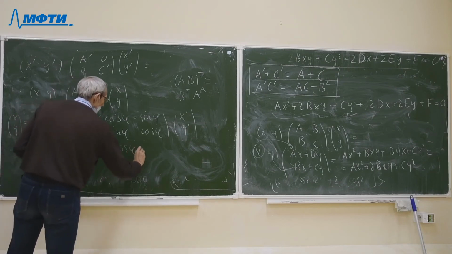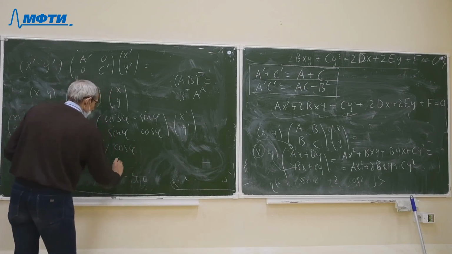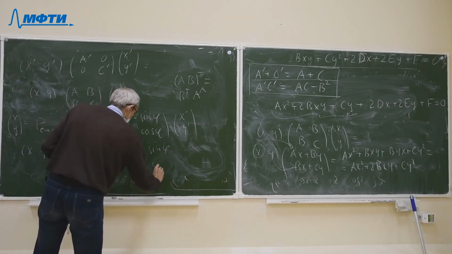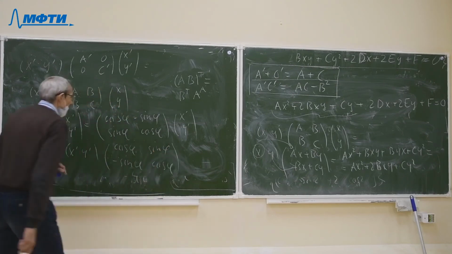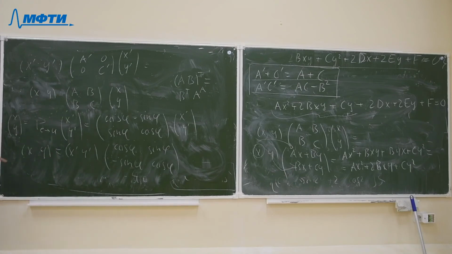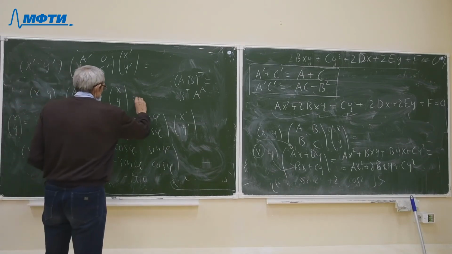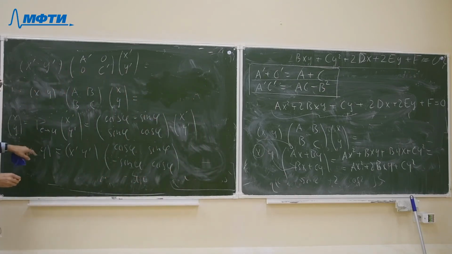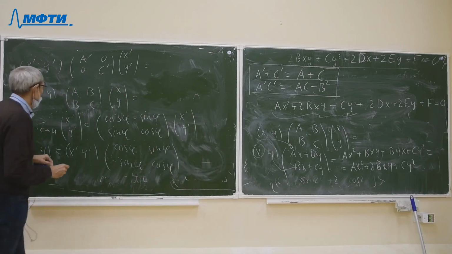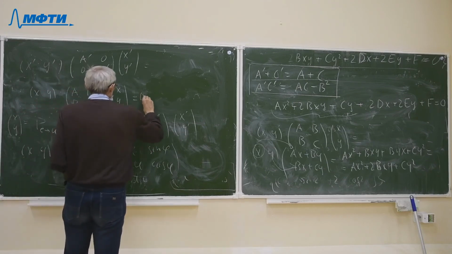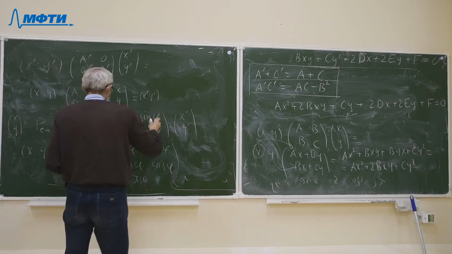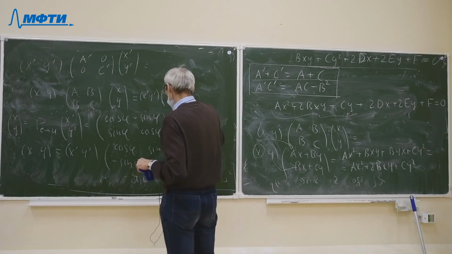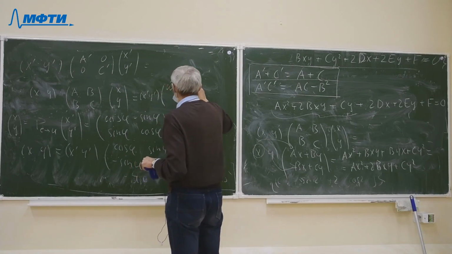cosine phi, minus sine phi, cosine phi. And this equality we can write in the following form: x prime y prime, cosine phi